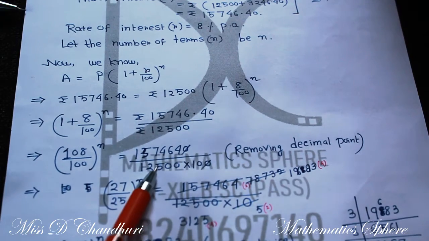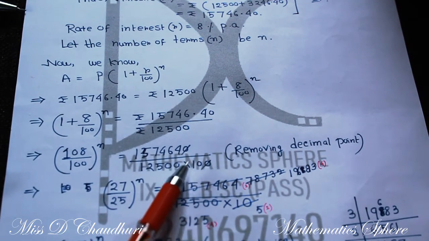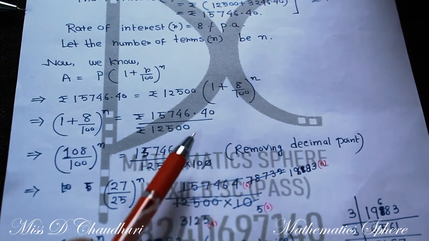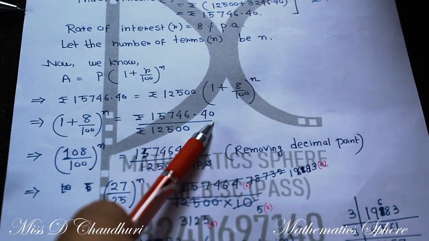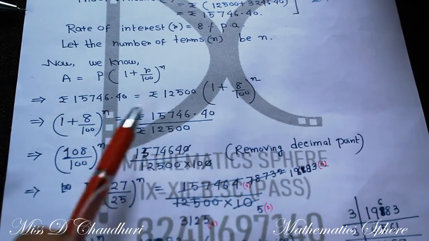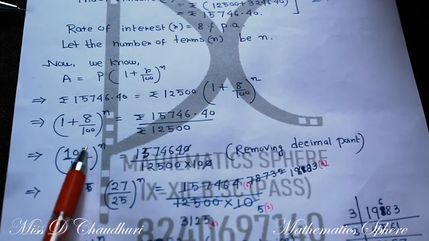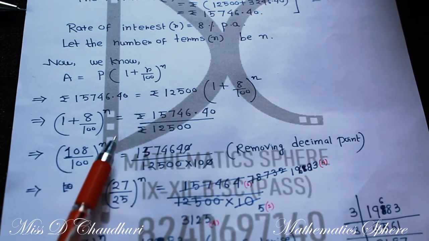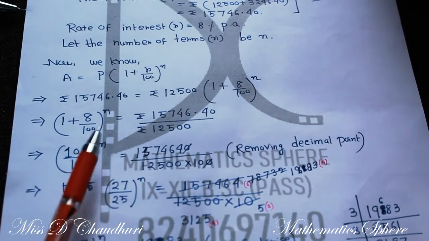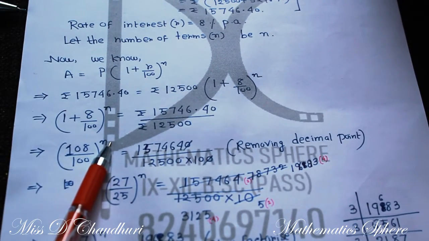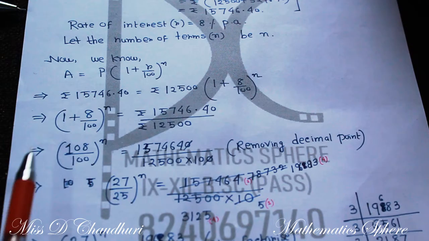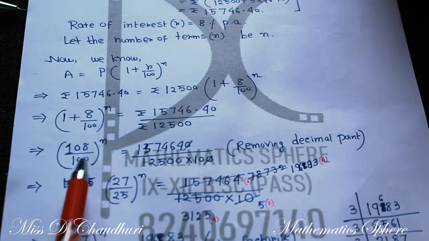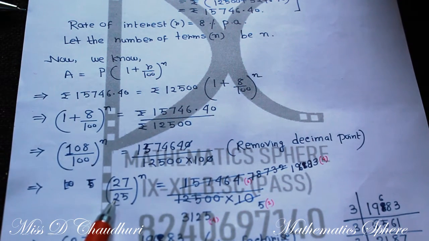1574640, and here in the denominator 12500 and 100 will be coming, because you have multiplied 100 here, so here also 100 will be there. Okay, and here we get (108 by 100) whole to the power n. Now you cannot bring it out of the power n, because it is the nth power and we do not know what the power is. Now see what we have to do, 108 by 100 is actually 27 by 25,